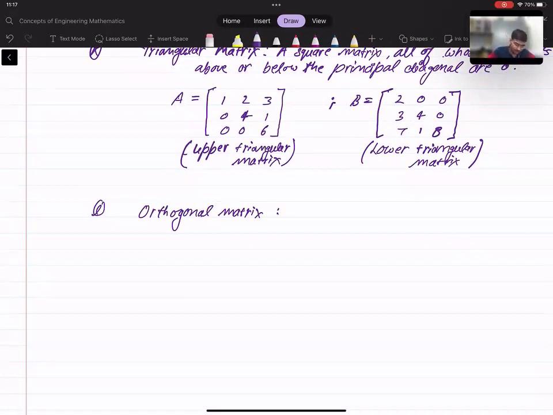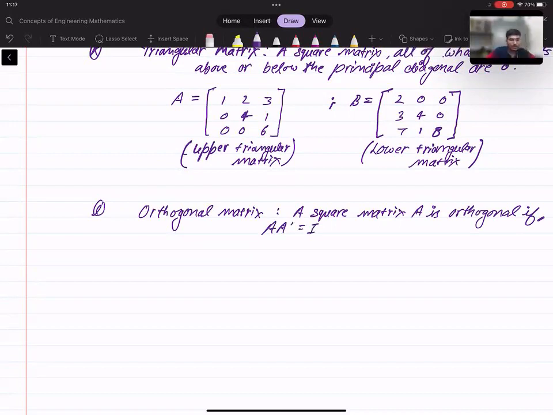So a square matrix A is orthogonal if A times A transpose is I. This means that A transpose will be behaving as the inverse of A. We will see in the upcoming discussion what is meant by A inverse. So this is orthogonal, and next we have